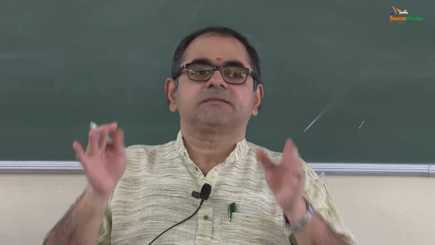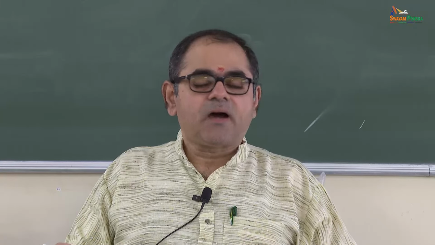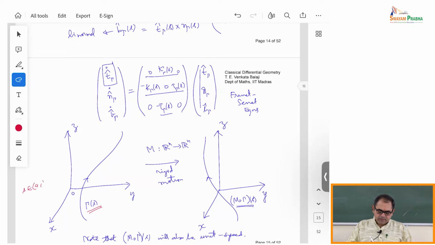Okay, so please take a notebook and write. Let us consolidate what we have seen. You are given a curve capital gamma of S, where of course S is the arc length parameter, an increasing arc length parameter. S is varying over some open interval (a, b) inside the real line, and you are applying